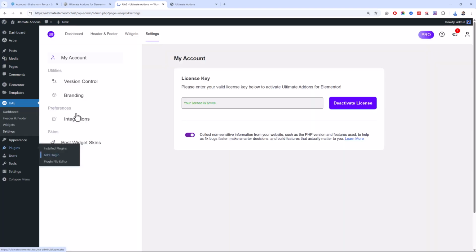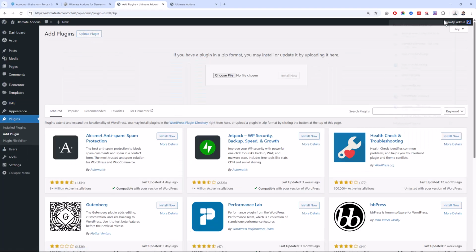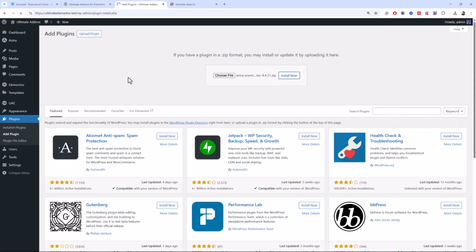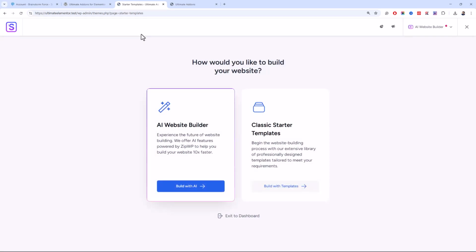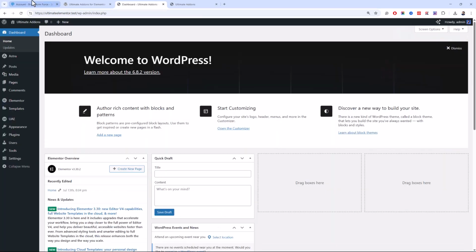Now I'll go to plugins, add plugin, and now I'll install premium templates plugin as well. Okay, I'll just close this one. And now we can start using Ultimate Elementor add-on and the premium starter templates.